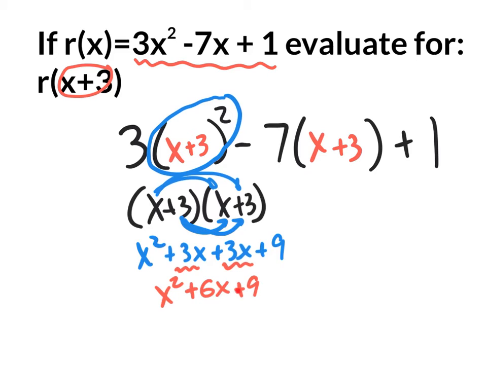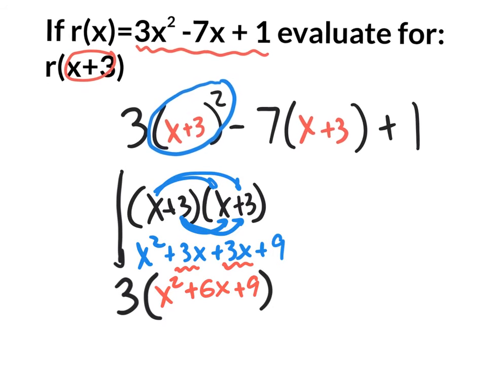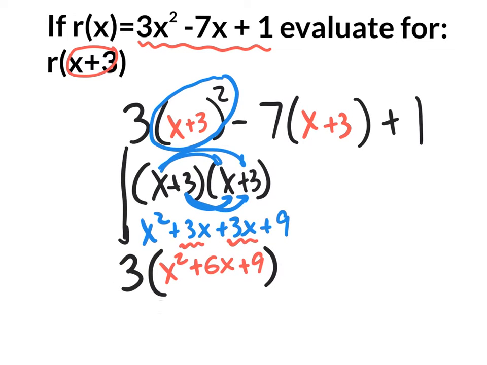I now have a quadratic trinomial. This original binomial squared became a quadratic trinomial. However, we have a 3 out in the front. So let's put parentheses around this quadratic trinomial and bring down that 3 out in the front. So you could rewrite it all if you wanted to show a lot of work. I'm just going to leave it like that for now. I am going to distribute